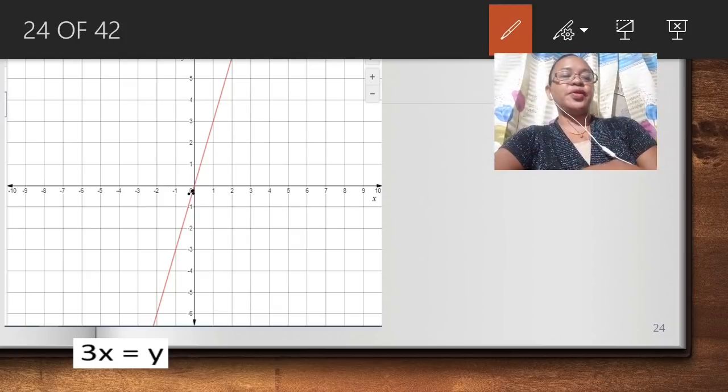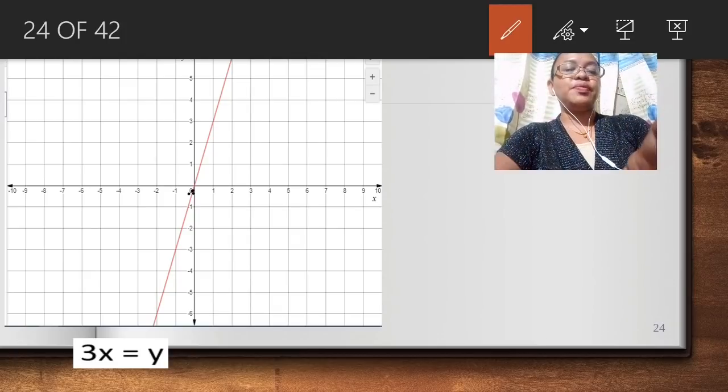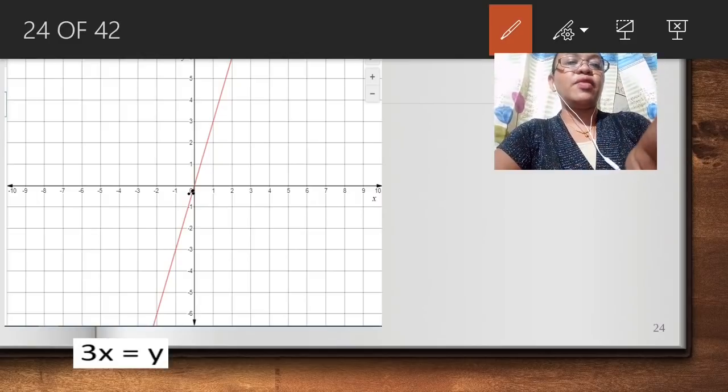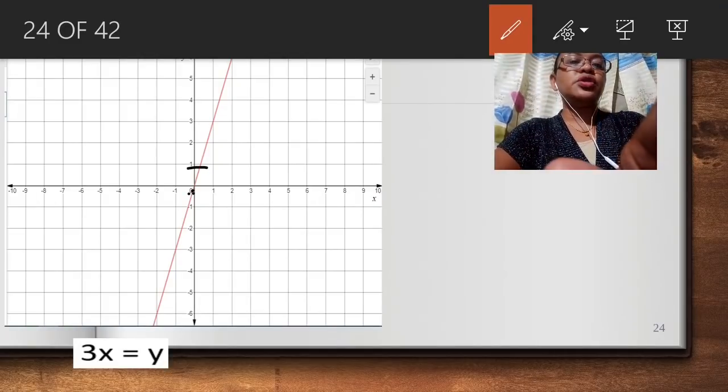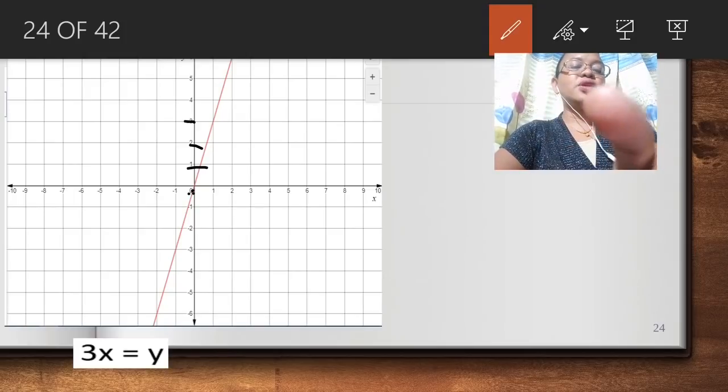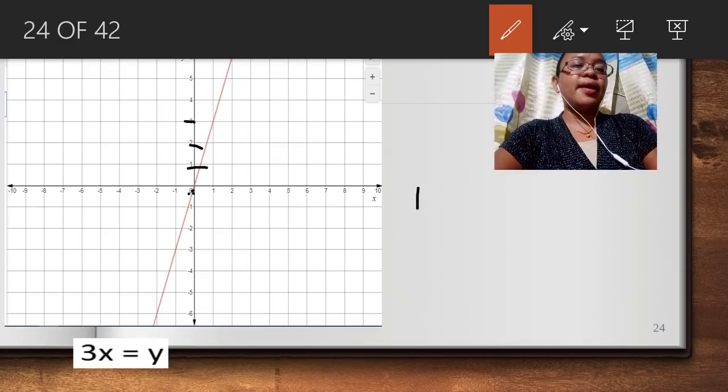That's the 0, 0. That's my first point. So I will go up to the next point, so I will have 1, 2, 3. And then I'll go to the next point. So 3, that is m equals 3